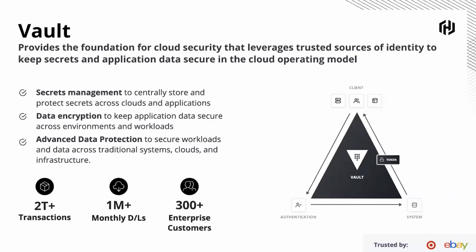We process over 2 trillion transactions on a monthly basis, and we have over 1 million new downloads of Vault open source every month. We are trusted by over 300 companies across the globe to use Vault Enterprise to help them keep their most precious data secure and available. You can see two of them down on the bottom right, which is Target, one of the largest retailers in America, and eBay, of course, the biggest e-commerce platform in the world. However, there are 2 other